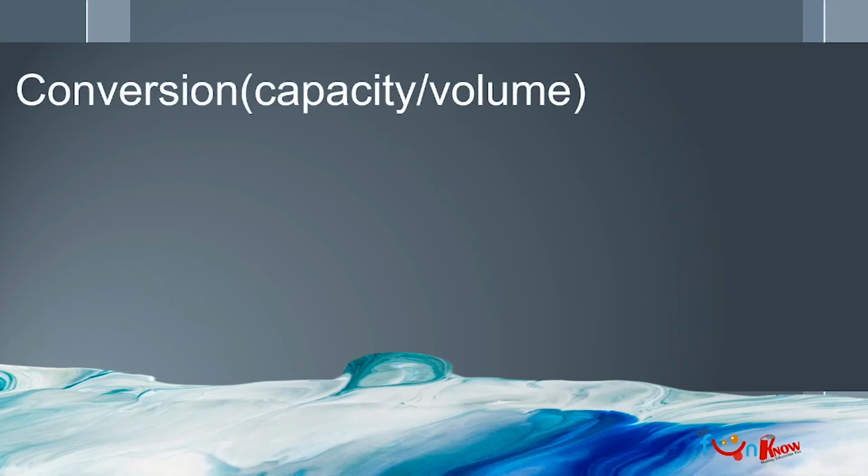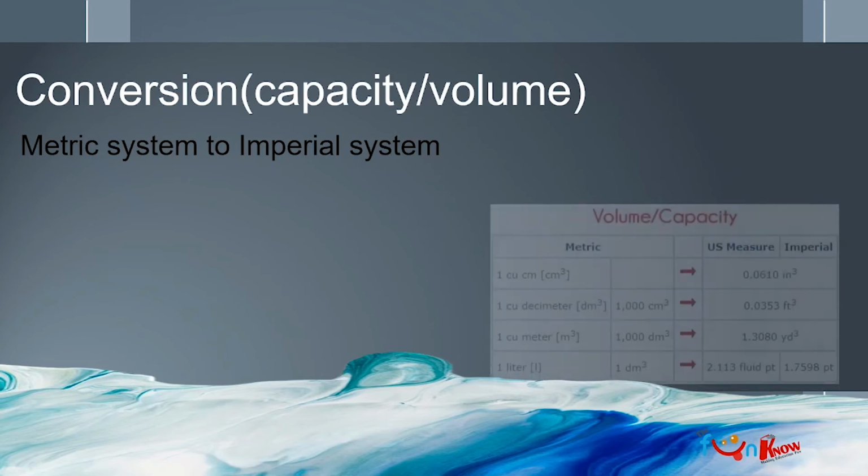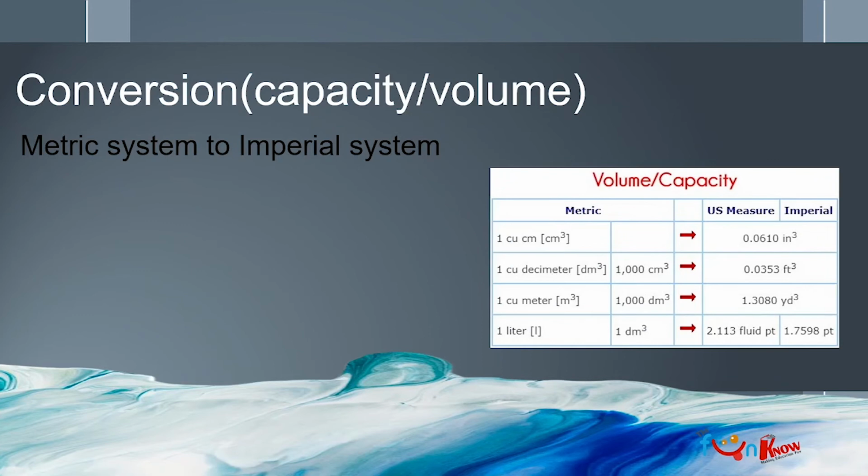Now we are going to see the conversion of capacity, or we can also call it volume. But here the conversion we are going to see is from the metric system to the imperial system. So you have to keep this table again in mind. Here it is 1 cu cm, that is centimeter cube. Converting to imperial, you can write